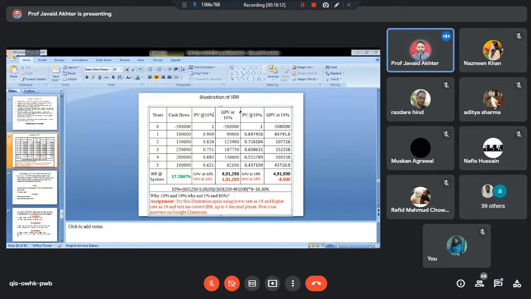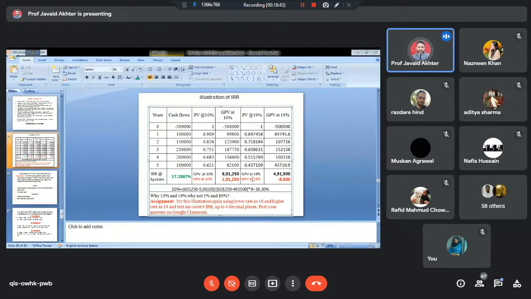See, suppose you have tried it at 19%, theoretically assume that it was once again positive. Then you could have tried it at 20%. If it was once again positive, you could have tried it at 21%. Lot of hit and trial and error were needed. Therefore, if you try at two rates which are closer to each other and you get one positive, one negative, there is a possibility that your answer will be correct or very close to the correct, up to 2, 3 or 4 decimal places.